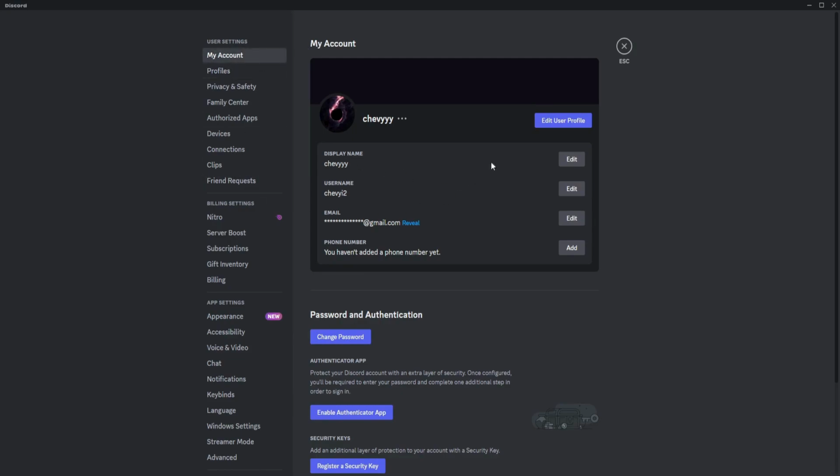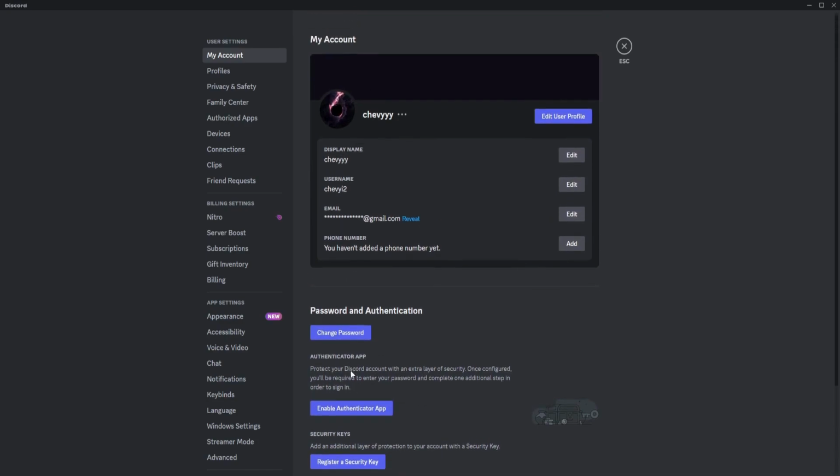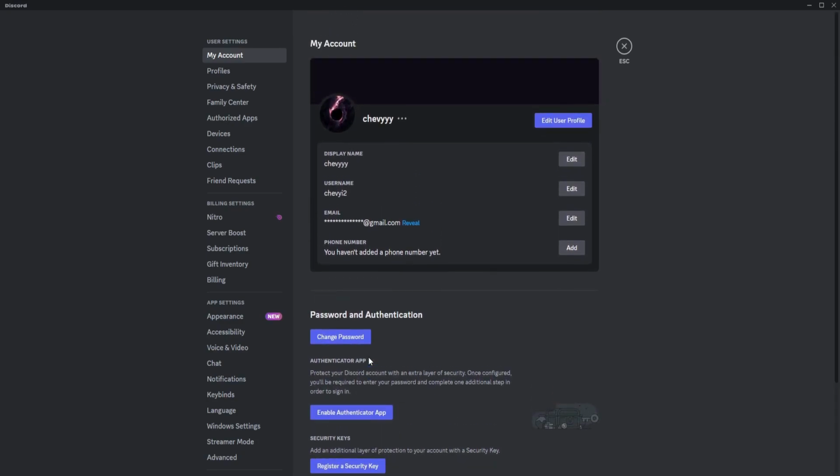as you can see, under user settings where we're currently on my account, you could see your email, your phone number, username, display name, so you could edit all those. You could edit your user profile. You could also add authenticator apps, security keys, and for me, I have no phone number yet, so I can't